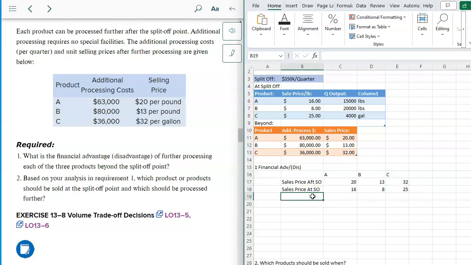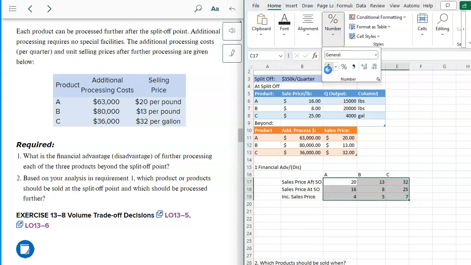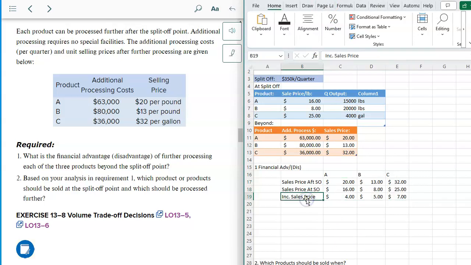We'll find that increment here. Just take the difference between the two. Incremental sales price. And quick math here, we got 4, we got $5 for B, and then $7 here at C. Go ahead and, all right, got those in currency here. All right. And then we're going to want that,